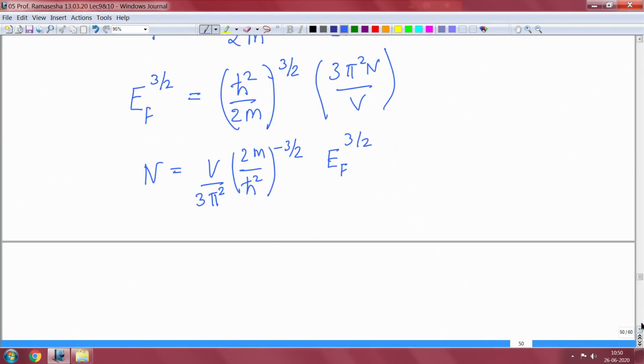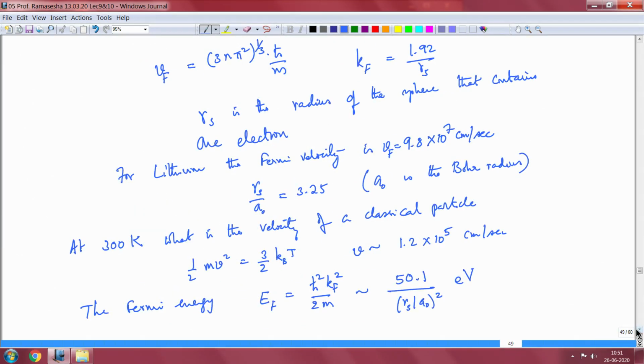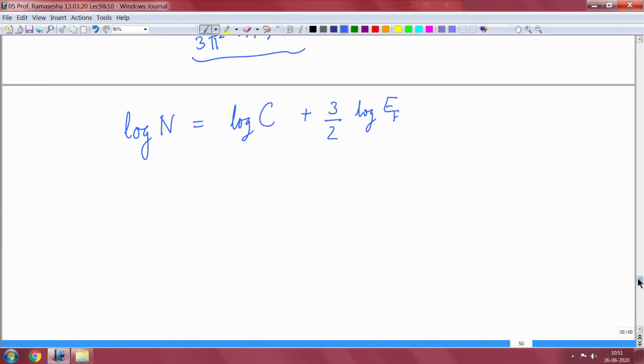Now, I can take logarithm on both sides, so that I have log n is equal to log of the constant, which is this part, plus 3 by 2 log Ef. So, now I can differentiate this with respect to n and E, in which case I will get